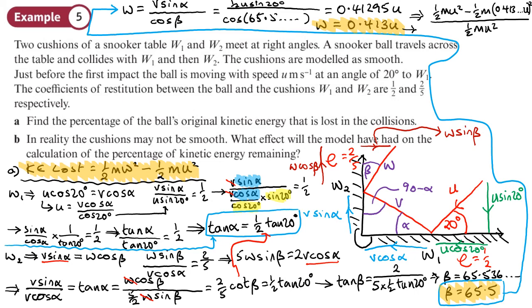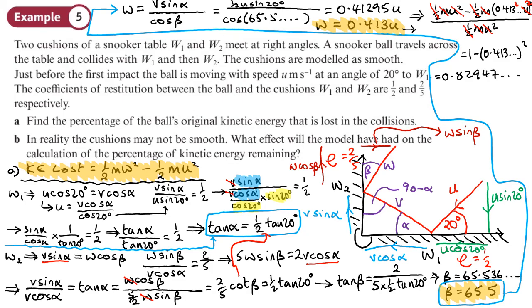Now what happens is the halves cancel out, the m's cancel out, and when we expand the brackets, we have this squared and u squared, so the u squareds cancel out. So all we're left with is 1 minus this 0.413 squared. Now when we do that, we'll get 0.8294